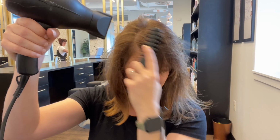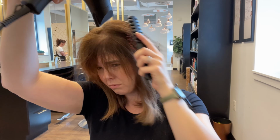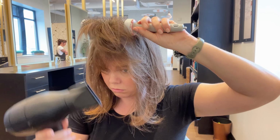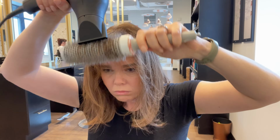So I think this is a pretty good place. What I'm going to do is go downstairs, re-wet and restyle. This is always how I style bangs. I go back and forth with a vent comb just to start to get them in the right direction. And then I always blow dry under, and then I'll do the hair over. So that's under, and then that's over, and that just gives them a good place to lay when